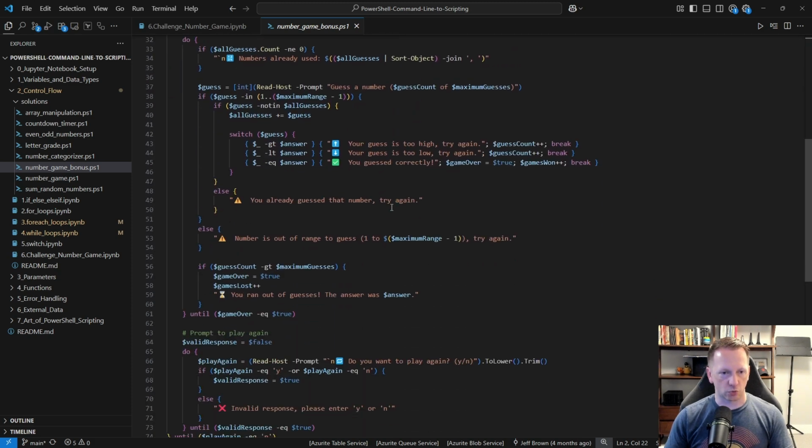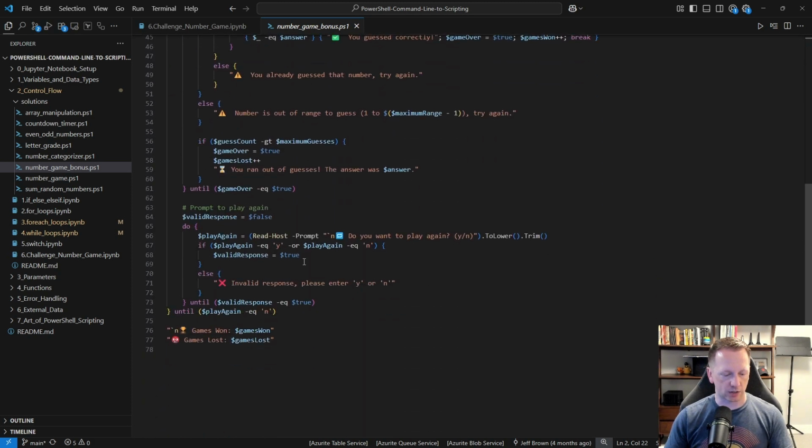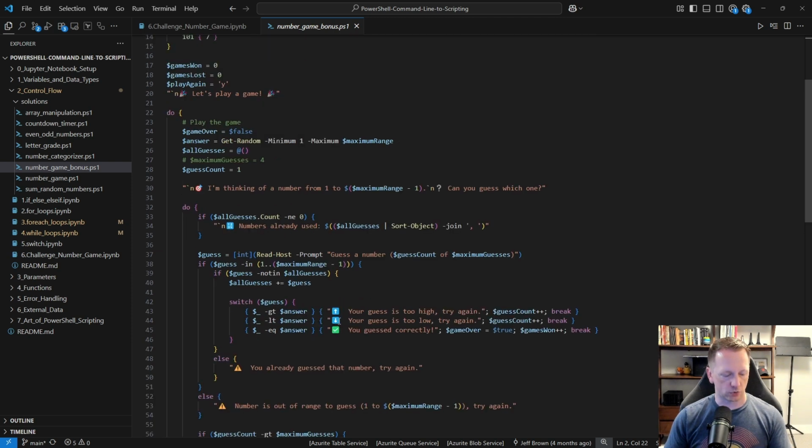In this case, let me scroll all the way to the bottom. I'm doing a do until loop until play again equals no. So this is why I set play again to Y initially, because I want this to run once, and then we're going to wait and prompt the user later to see if they want to play again. And we're going to do that until play again equals no. Going back to the top here,